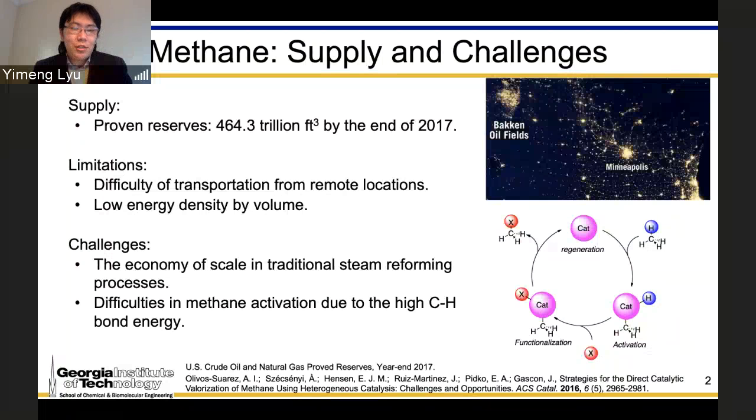However, due to limitations such as difficulty in transportation from remote locations and its low energy density by volume, such a vast reserve of methane has not yet been utilized efficiently. Oftentimes, natural gas and byproducts are just vented or flared on site. As you can see in the satellite picture here, the Bakken oil field is almost as bright as the city